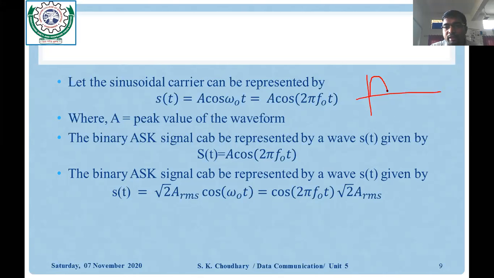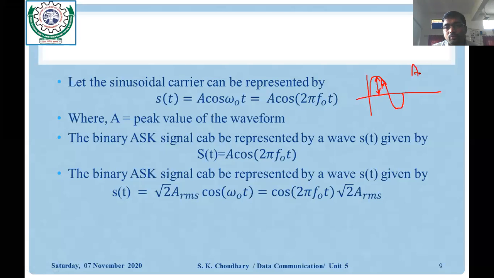And what does the A mean here? A means amplitude. This is the amplitude, the maximum amplitude of the signal. This is your A. It is the peak value of the amplitude of the signal. You can represent it in another form, like we know the relationship between the A